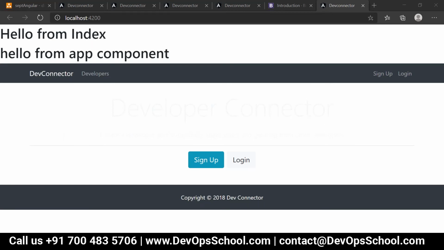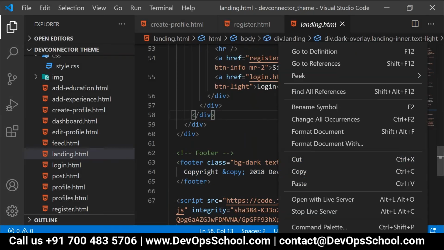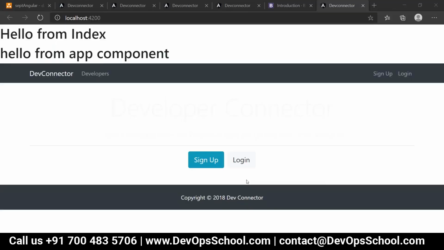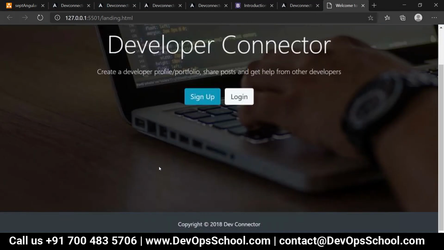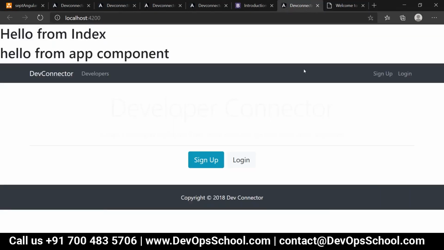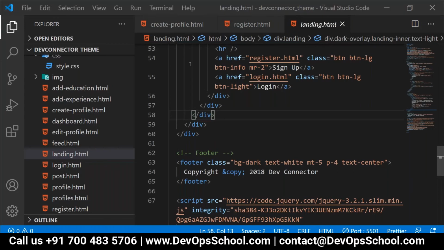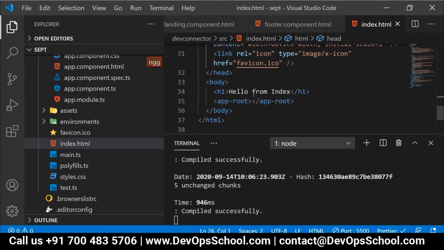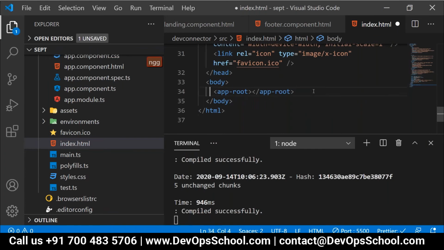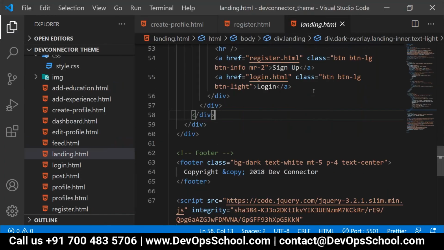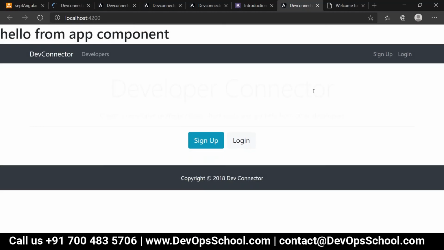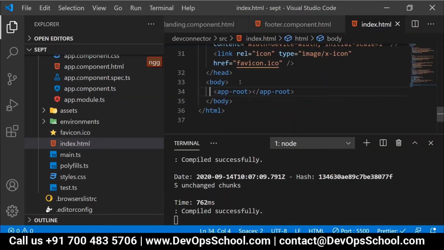Okay, now we will have a look over here. I'll just open this page, okay? People, what's the difference? Let me remove, from the understanding perspective, the h1 tag also. I'll look from the app component also. Let me remove it now.